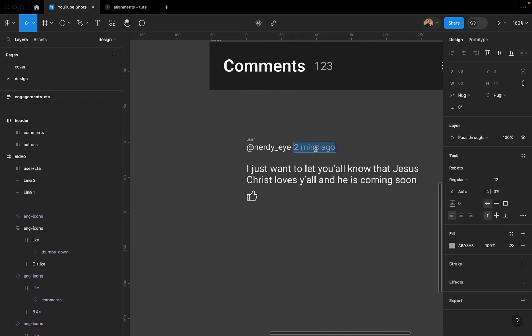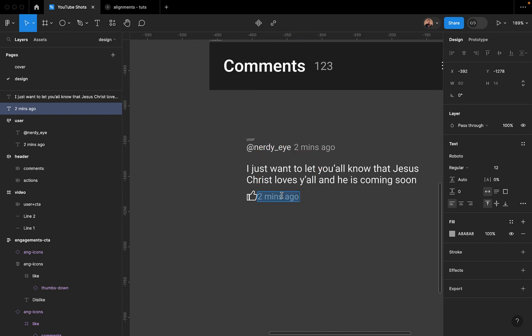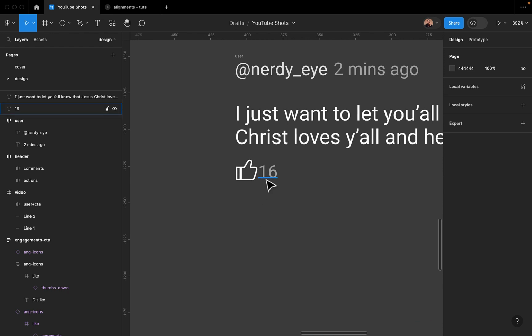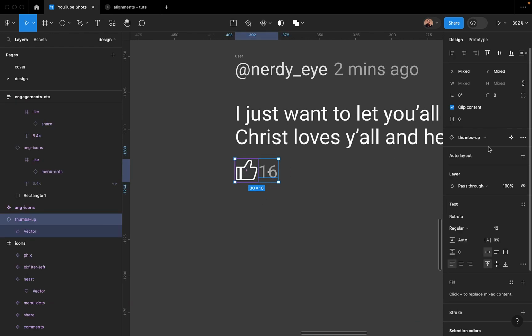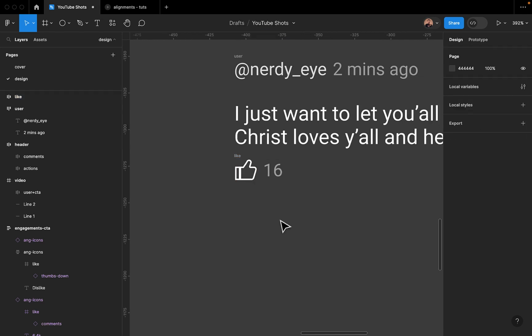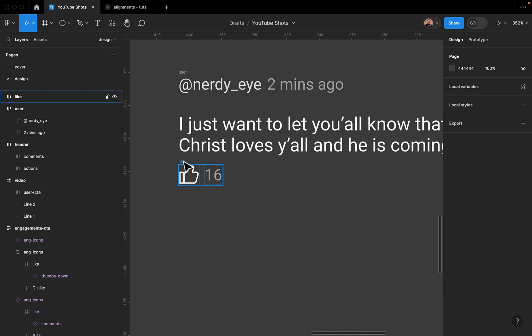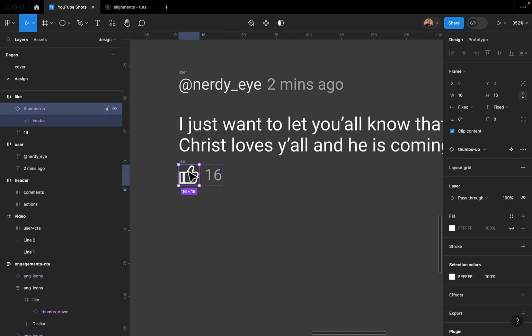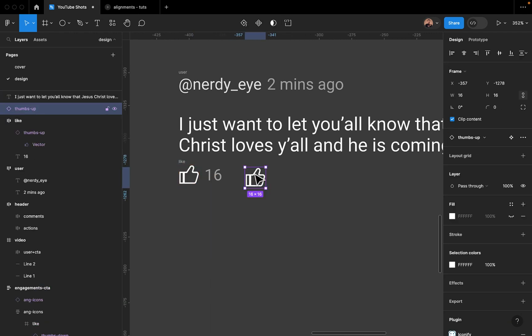So I'm just going to duplicate this, and I'm going to type 16. So this shows that we have about 16 likes. So we could merge this together, give it auto layout, and rename it and call this one like button. So the spacing between them could be like 4 too as well, and they should be aligned at the middle. So we could have another one, but this other one now could be something like